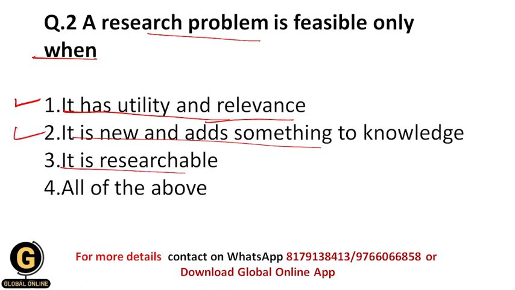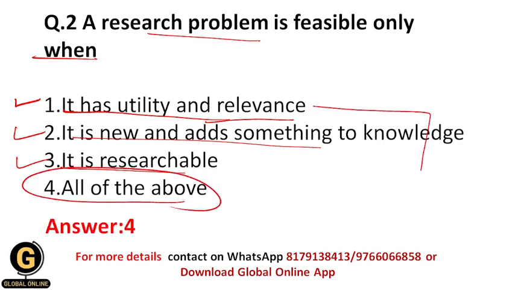Research is researchable. It is really the most important concept. If somehow the research problem is not researchable, then obviously you cannot do the research further, and that's why the research problem should be researchable, and after that it will be feasible. Okay, so this is another option when the research problem is feasible, and that's why the correct answer to this question is 4, that is all of the above, because in all of these situations the research problem is feasible. Okay,